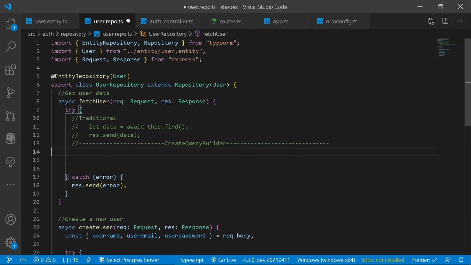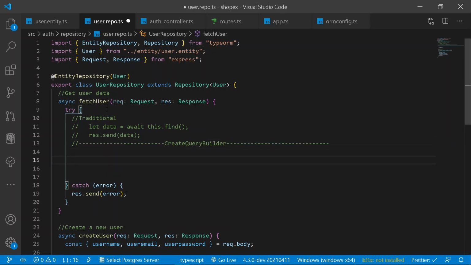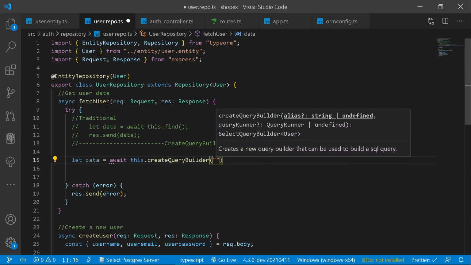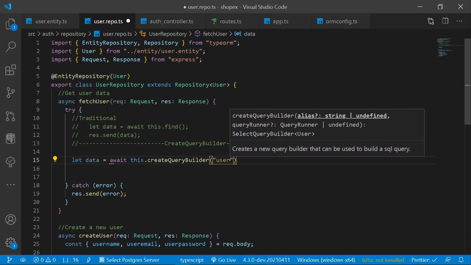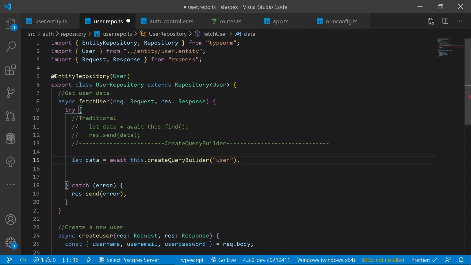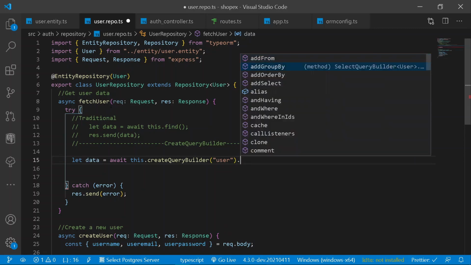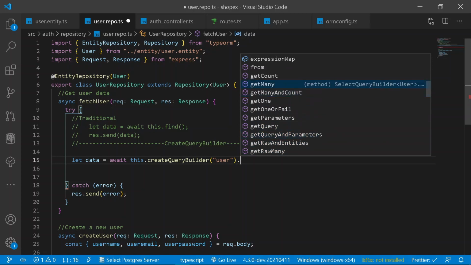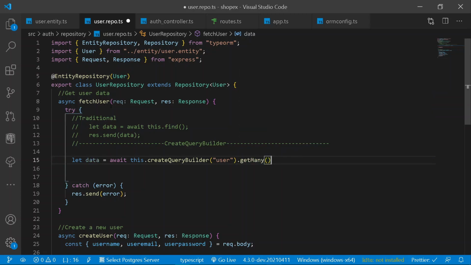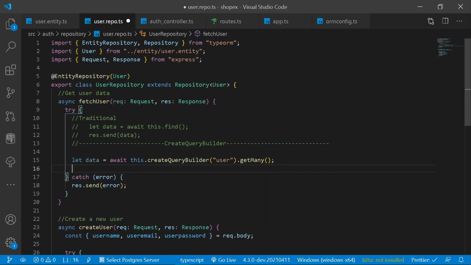So now let's try receiving all of our data with the help of createQueryBuilder. For that purpose, first of all, I can simply say let data be equal to await this dot. After pressing dot, you should be receiving the method of createQueryBuilder. Under this, you need to pass the following table from which you need to query all of your data. Once we have done this, I can simply say createQueryBuilder dot. From this, I will be having the following method of getMany, just like this. And after that, we are good to go. So now I can simply say response dot send my entire data, just like this.